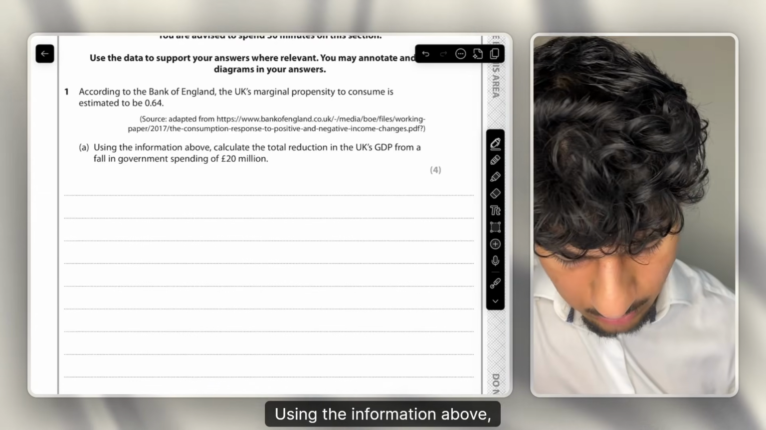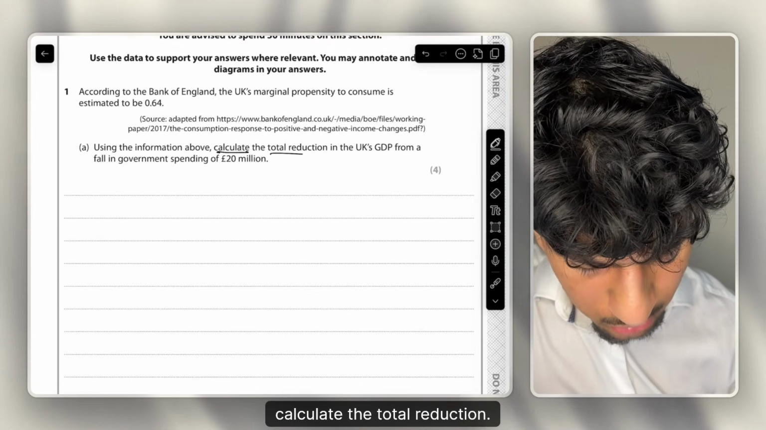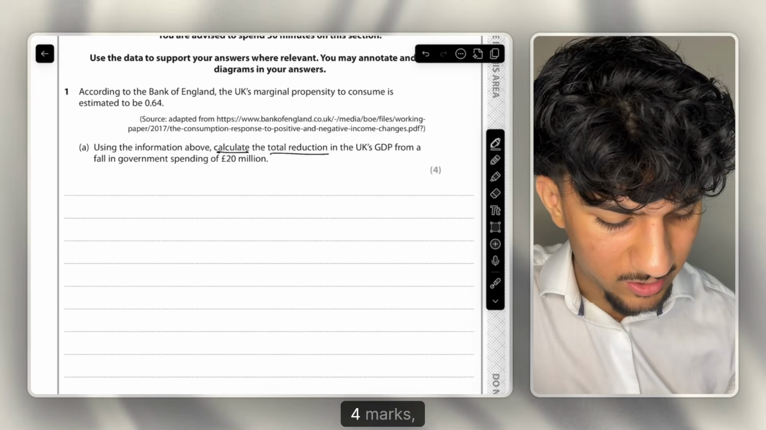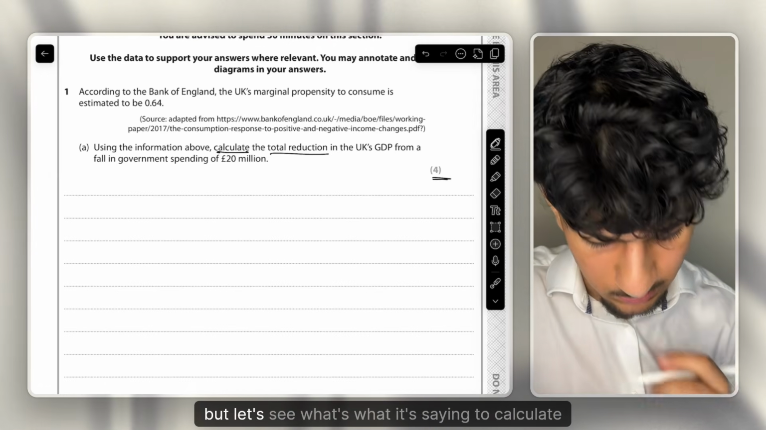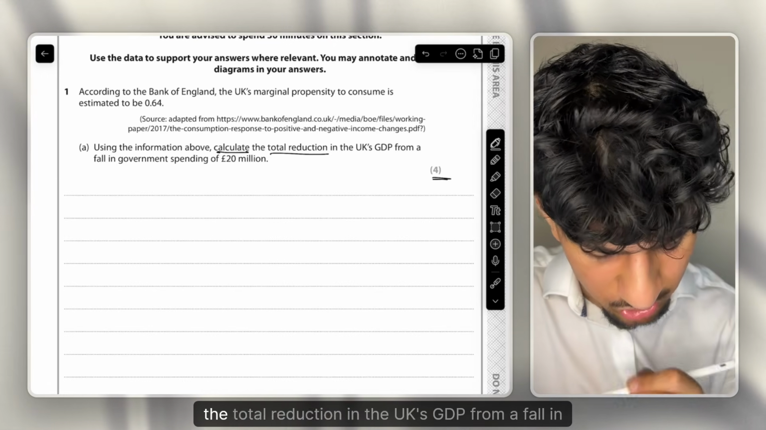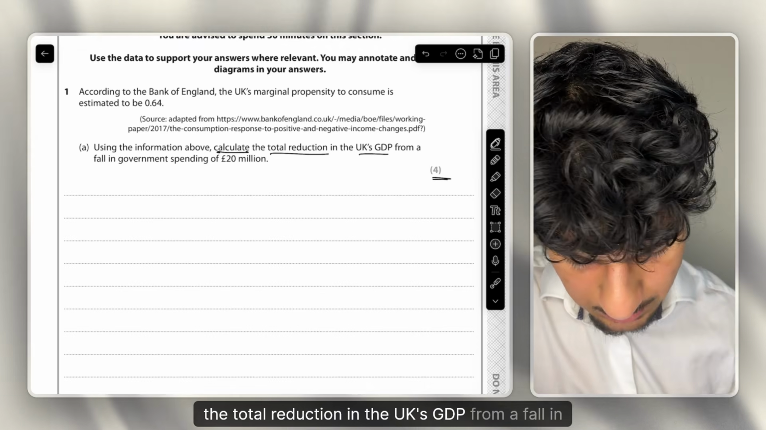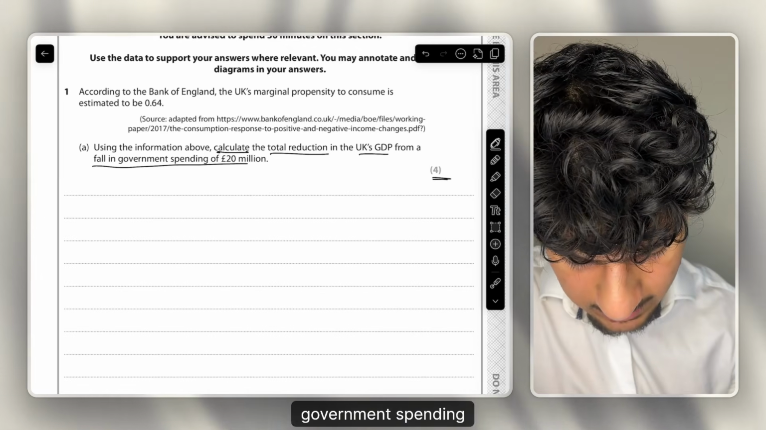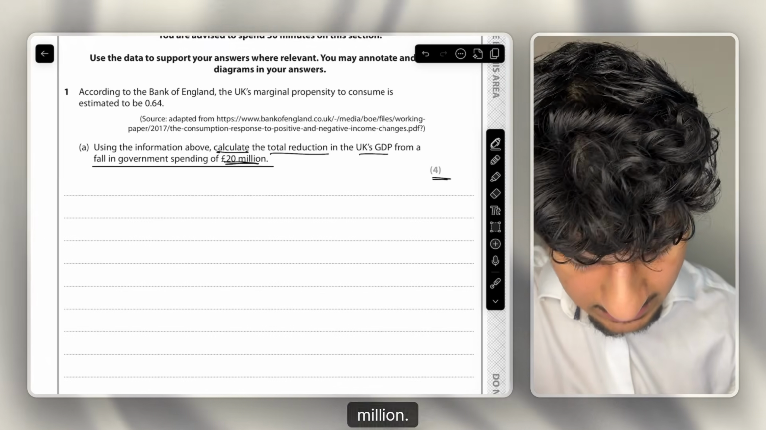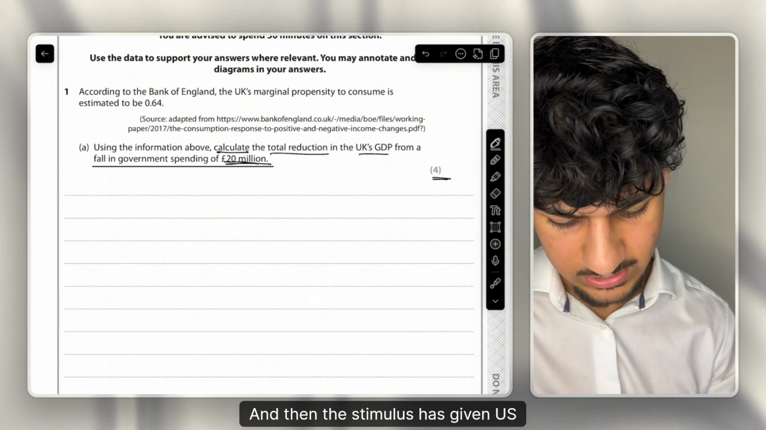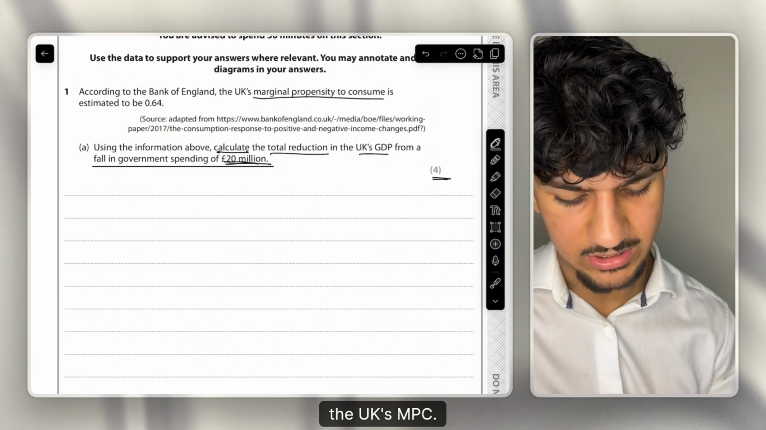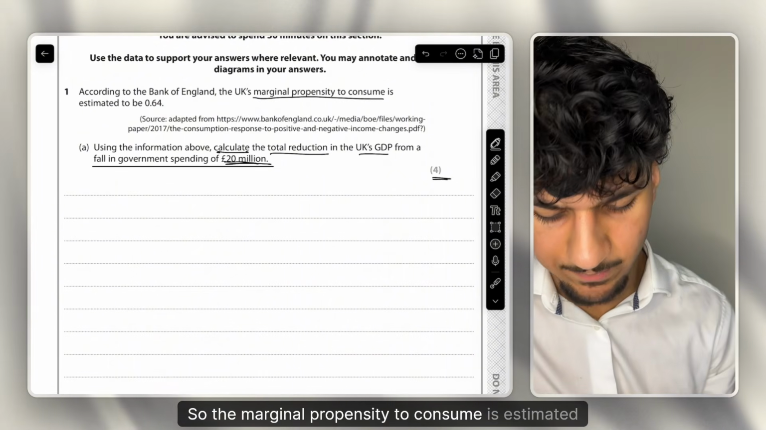Using the information above, calculate the total reduction. So it's a calculate question, 4 marks, which sounds like a very easy question, but let's see what it's saying. To calculate the total reduction in the UK's GDP from a fall in government spending of 20 million. Okay, and then the stimulus has given us the UK's MPC, so the marginal propensity to consume, is estimated to